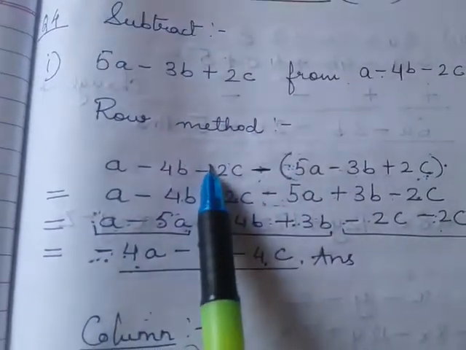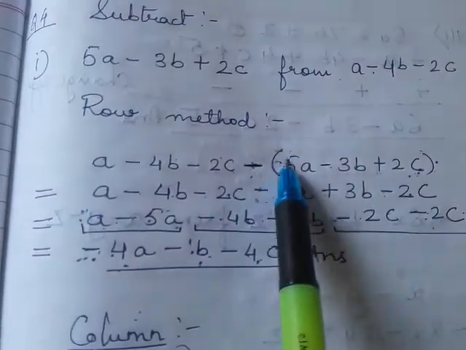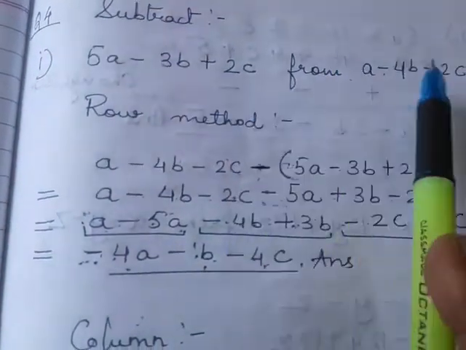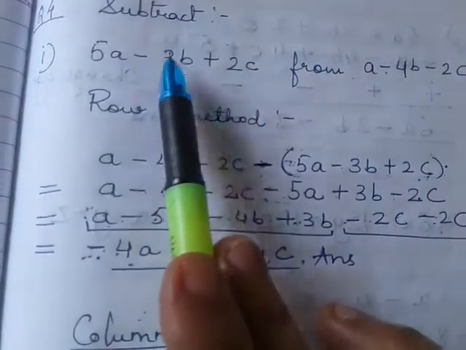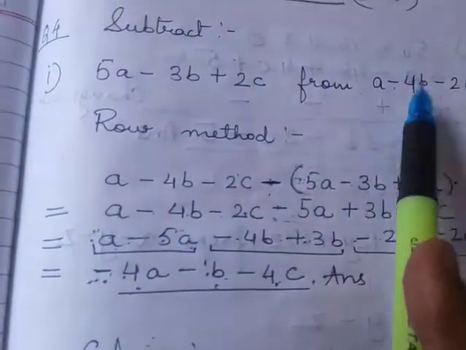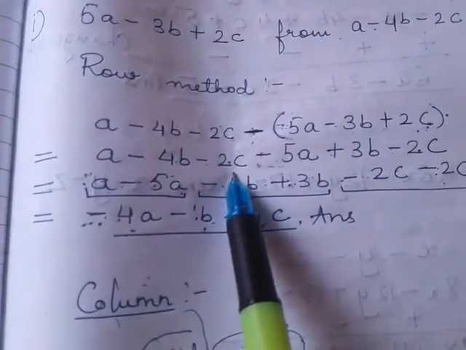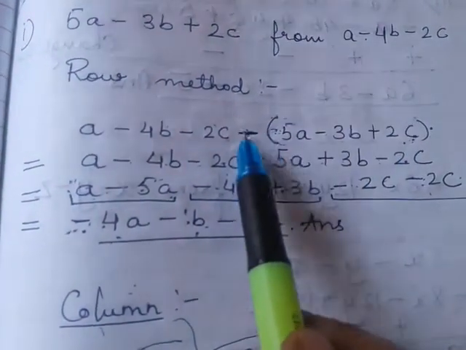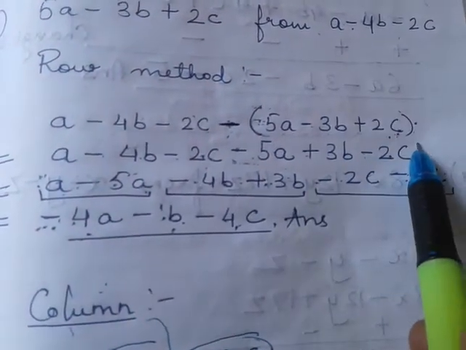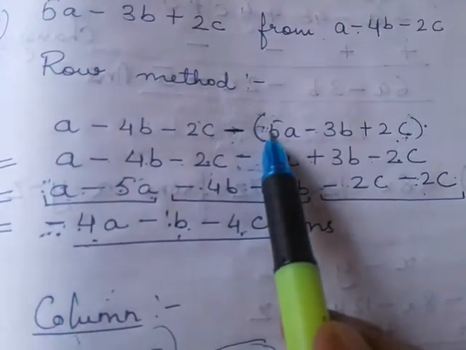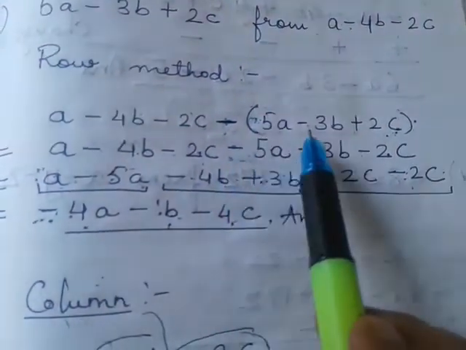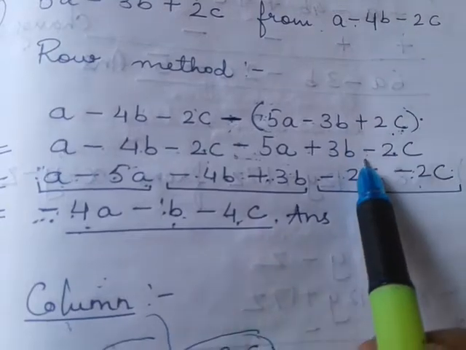So this I have written here, since we are subtracting, so minus in bracket the first polynomial, second minus first. Okay, if you do first minus second, you will get the wrong answer. So a minus 4b minus 2c, because first we have to open the bracket. Before the bracket a minus sign is there, so inside all signs will change. Plus 5a becomes minus, here nothing means plus, so plus becomes minus, minus becomes plus, and plus becomes minus.